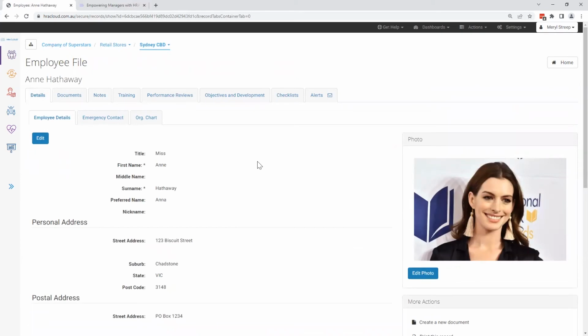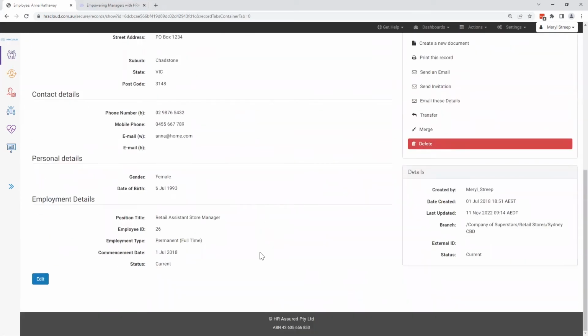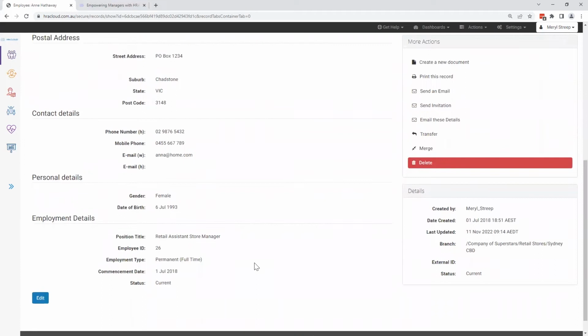Within an employee record, you'll see that there are a number of tabs to help organize the information stored about employees. You may see a slightly different list of tabs available based on integrations, customization, or the access that you have been provisioned. Under the Details tab, which is the first tab just here, you can expect to find employees' personal, emergency contact, and also their job details down at the bottom just here.